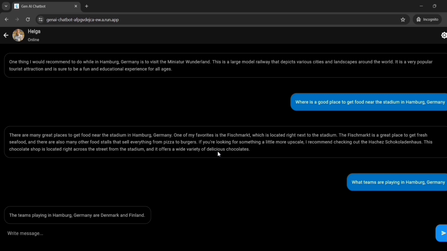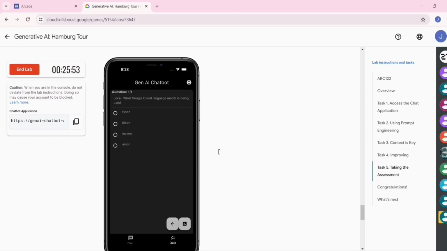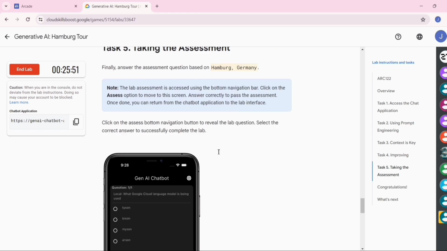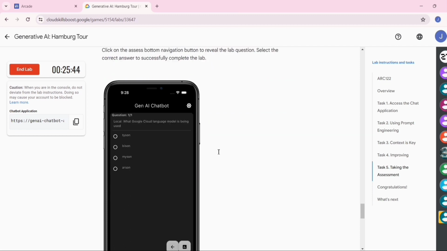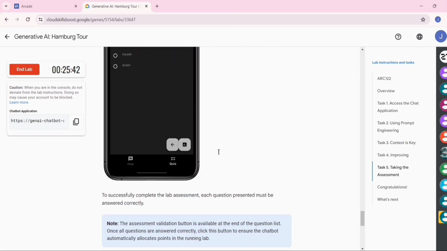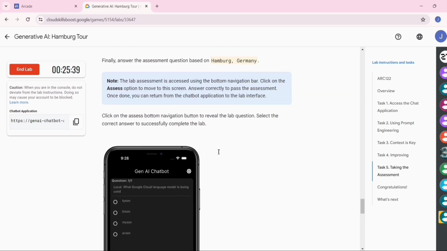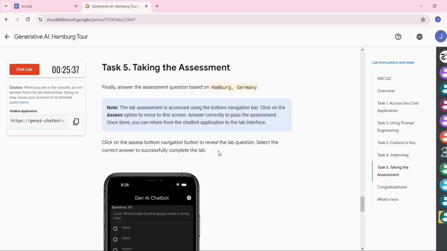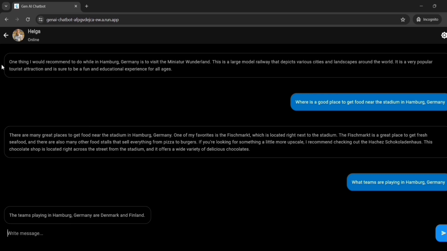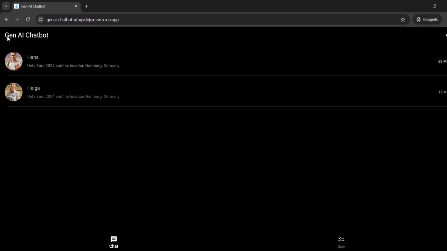So go back to the lab instructions, and now go back from here, this arrow. Now click on the quiz option at the bottom.